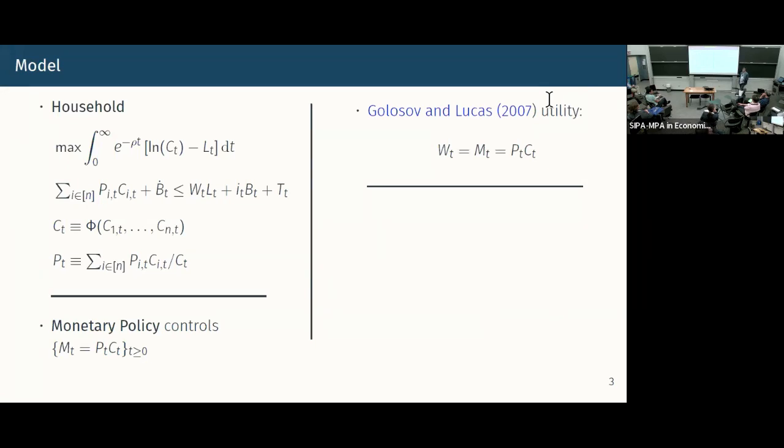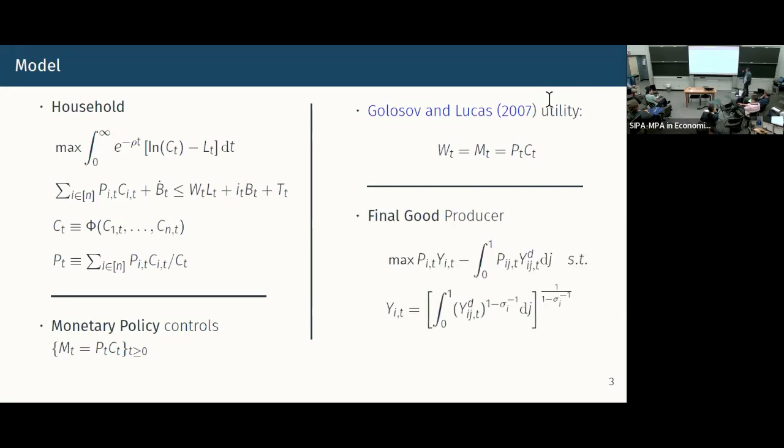So this gives us a nice structure to think about: if monetary policy could implement any path of wages that we wanted, what would the response of prices be? And then we can always go back and say, now let me add a Taylor rule and make the response of wages partially endogenous to the structure of the economy. So that's the household and monetary policy.